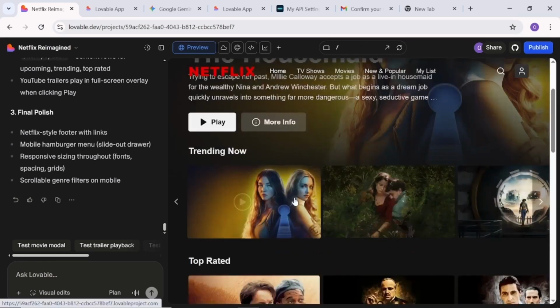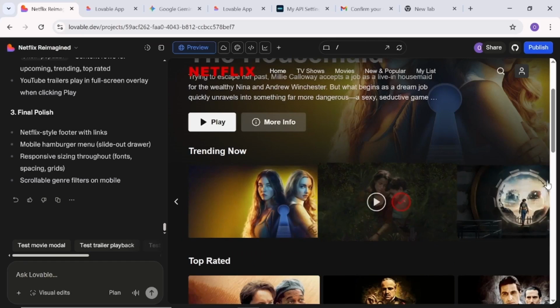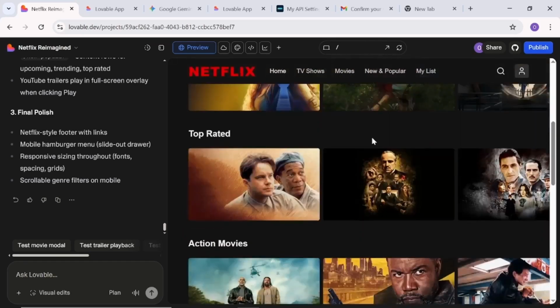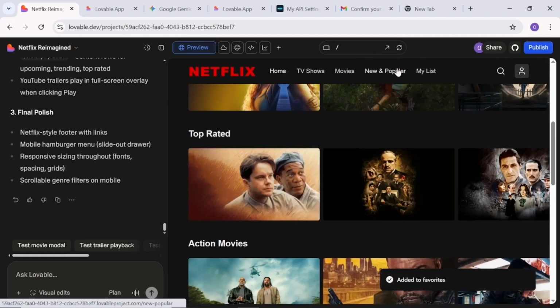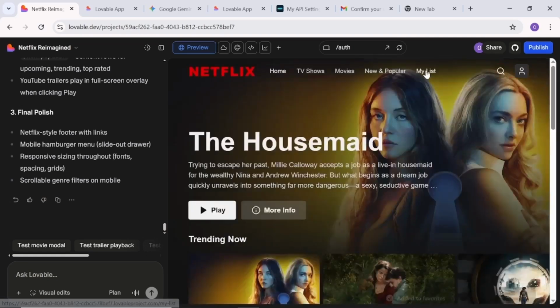Then let's check on my list. The first time we tried to add an image to my list, that did not work. So let's add this to my list. Add it to favorites, then come to my list. So it's still not working. So now we just need to inform Lovable that this is not working. So let's tell Lovable